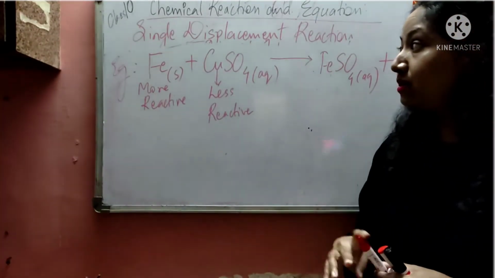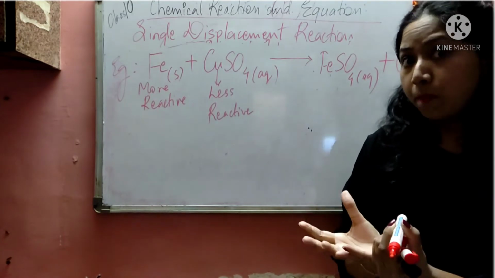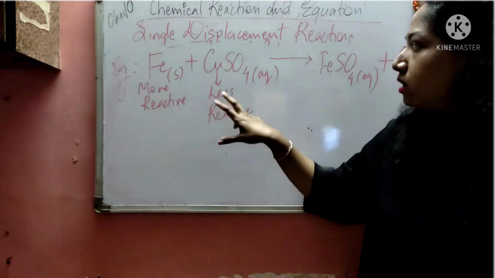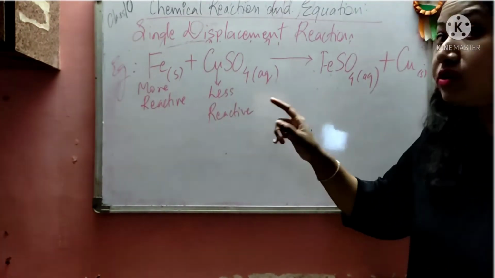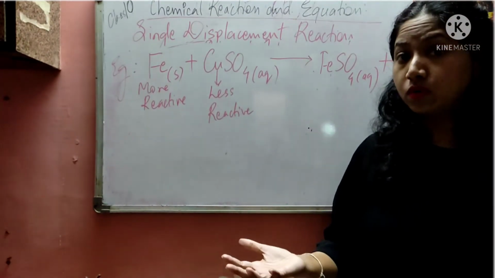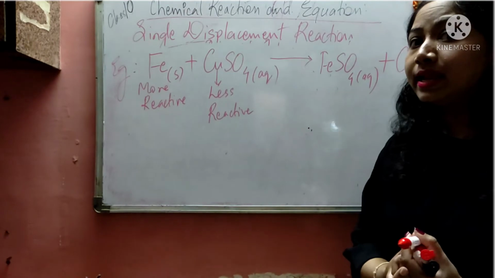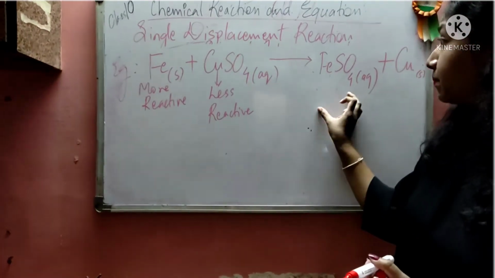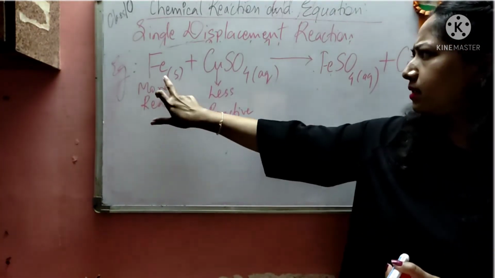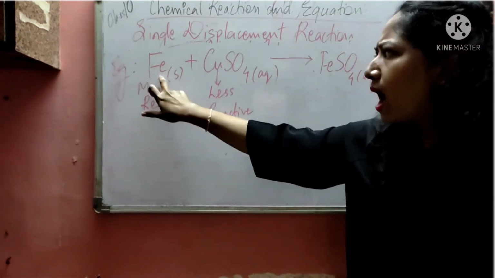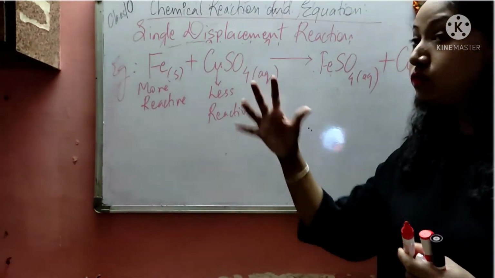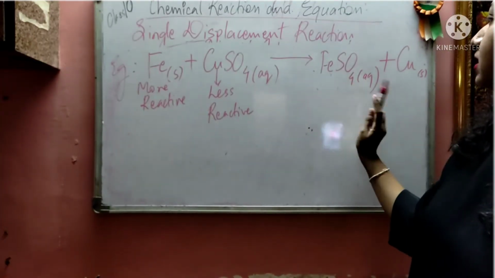What happened basically in the experiment? We took copper sulfate solution, which was blue in color. Then we dipped an iron nail in the copper sulfate solution, in which copper is less reactive and iron is more reactive. Now, as iron is more reactive than copper, iron removes copper from copper sulfate, and hence you get